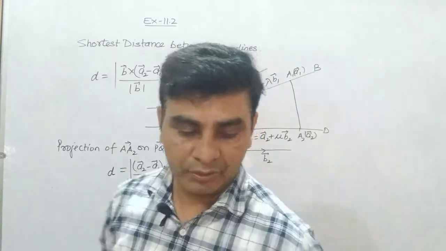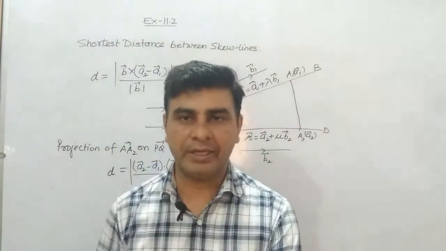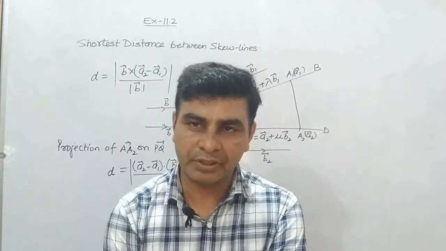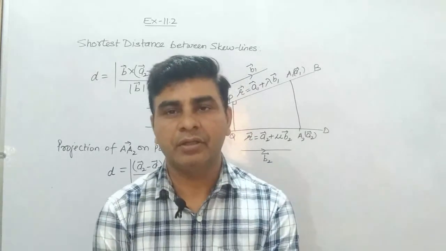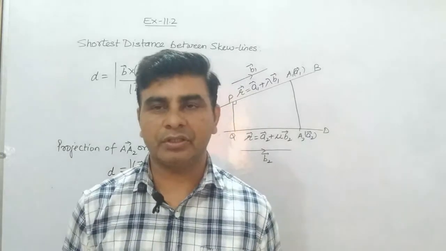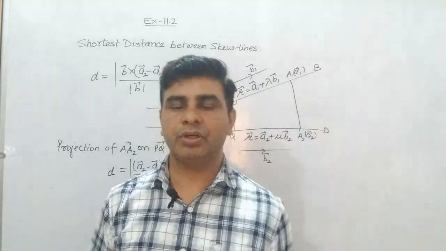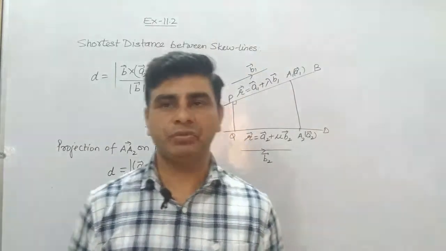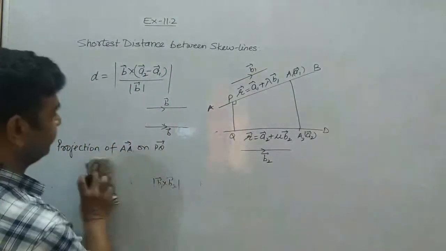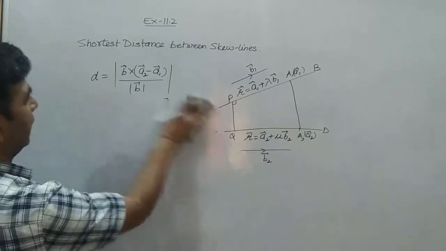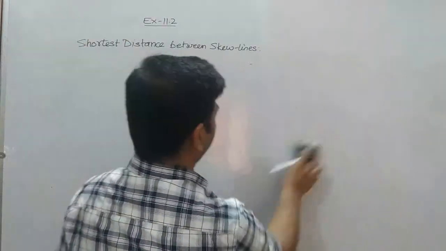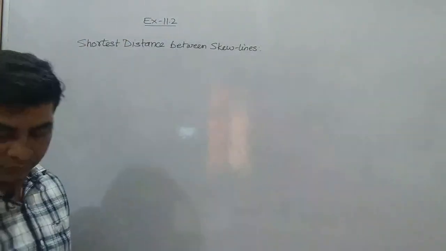Now dear students, as I have told you, skew lines are the lines which are non-parallel as well as non-intersecting. These two lines are belonging to different planes, दोनों अलग अलग प्लेन से belong करती है, means they are non-coplanar. So in case whenever you have to prove that the lines are coplanar, then what you will do? It means if lines are coplanar, we need to show that the lines are coplanar, then you can do the